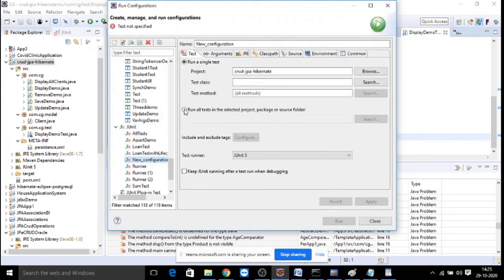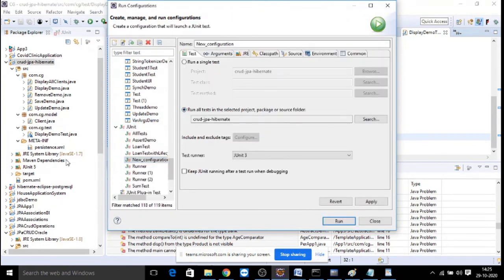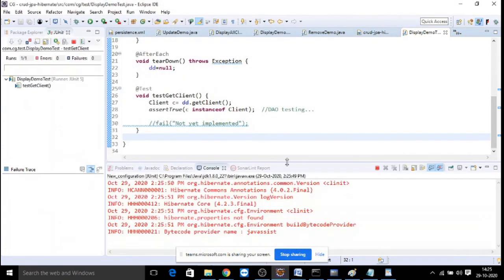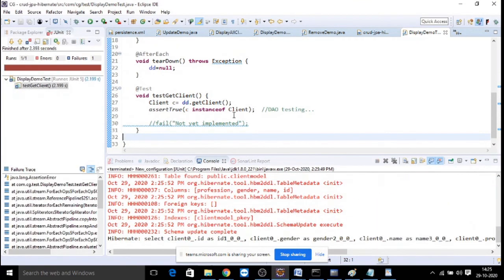Suppose you have multiple test cases, you can run all. Select the version of JUnit, apply and then run. If it is returning the client object, then it will say true, your test case is passed.